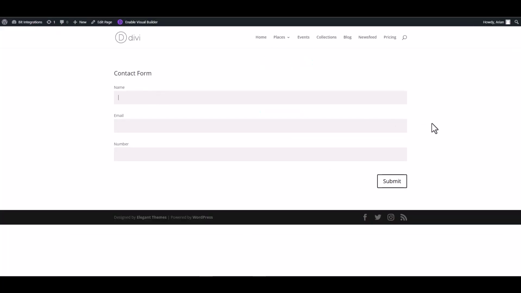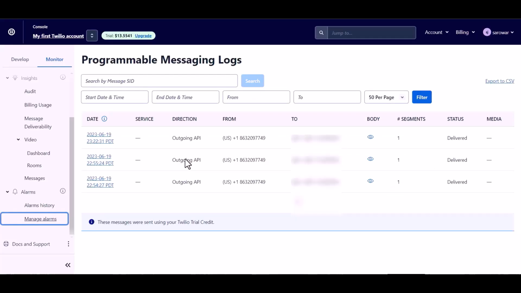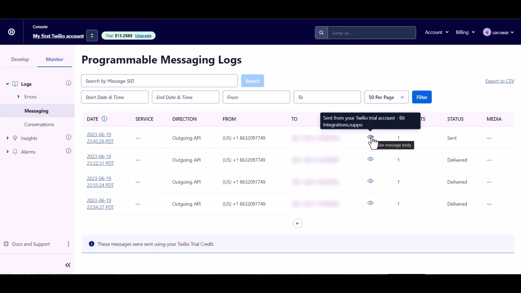Let's submit a form. Submit the form. Now go to the Twilio site and refresh the page. And you can see the message was sent